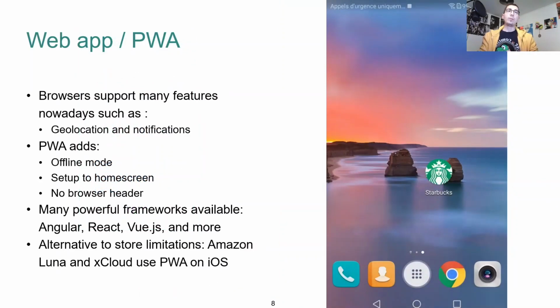A web app is a website which runs on a browser. It's an application which runs on the browser. And nowadays, browsers support many features and can satisfy many use cases. Here I highlighted geolocation and notification, but there are many more available. Progressive web app features add even more interesting features to browsers, such as offline mode,